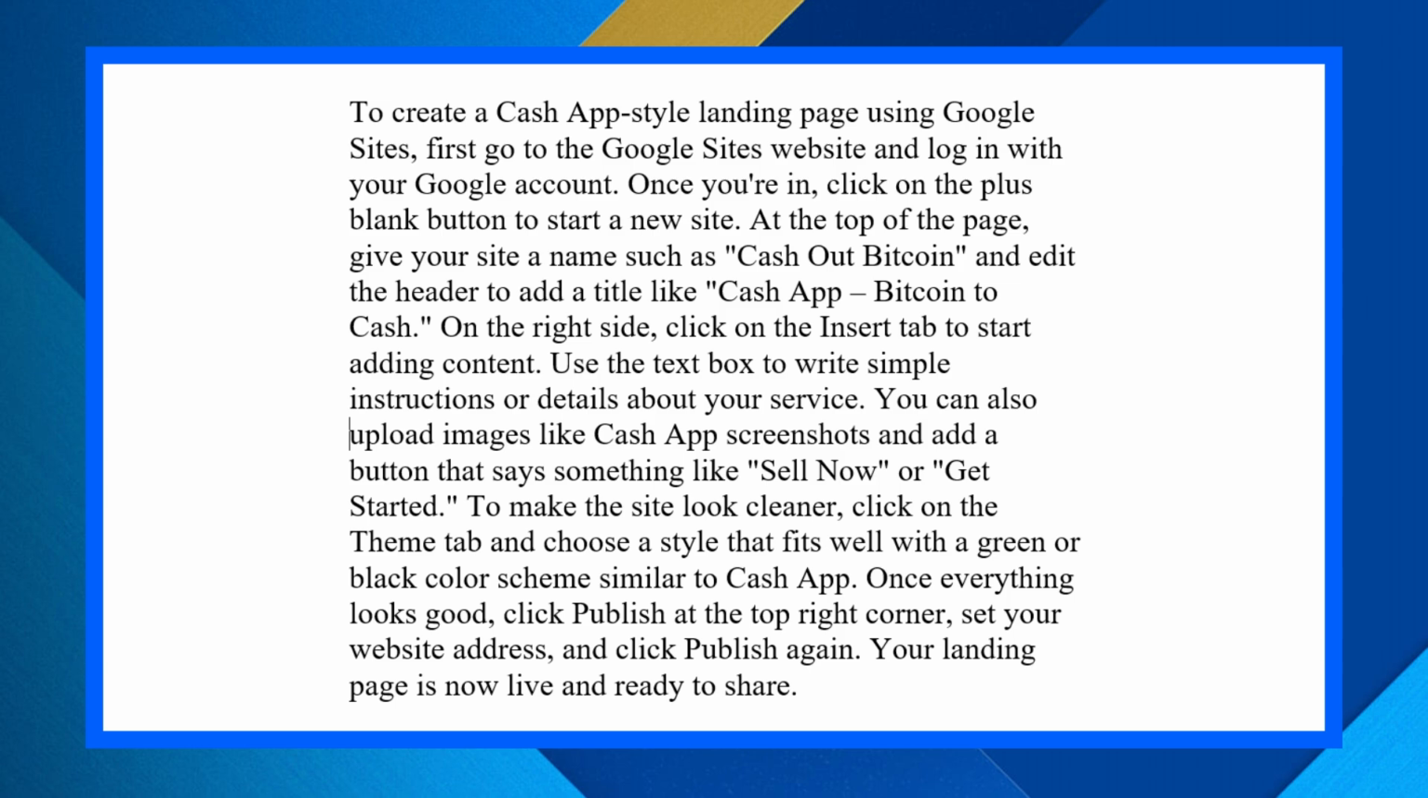On the right side, click on the Insert tab to start adding content. Use the text box to write simple instructions or details about your service. You can also upload images like Cash App screenshots and add a button that says something like Sell Now or Get Started. To make the site look cleaner, click on the Theme tab and choose a style that fits well